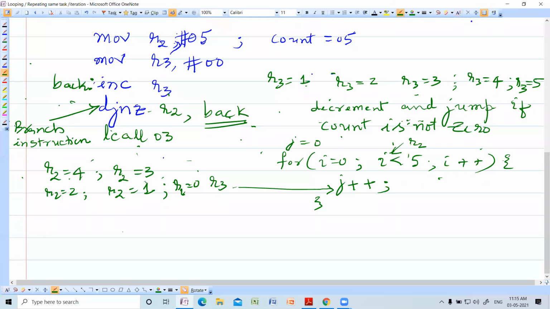So I will write here how the DJNZ branch instruction is executed.